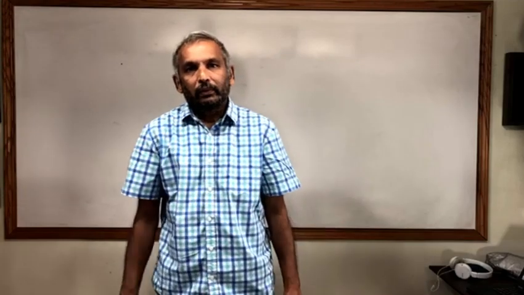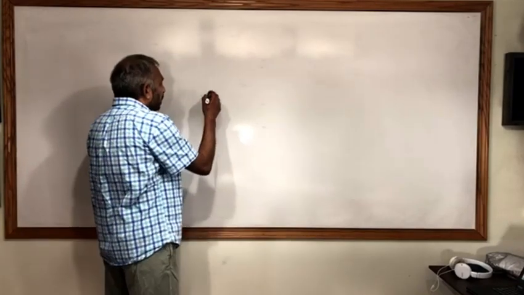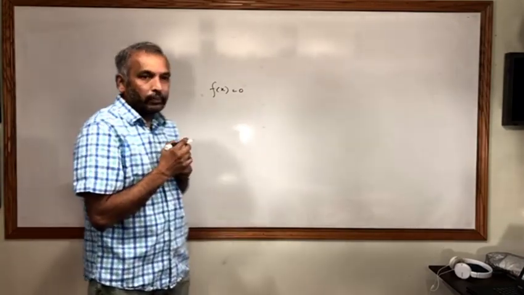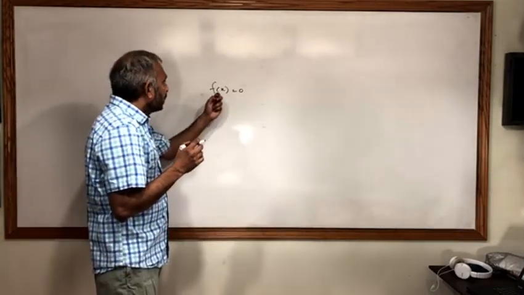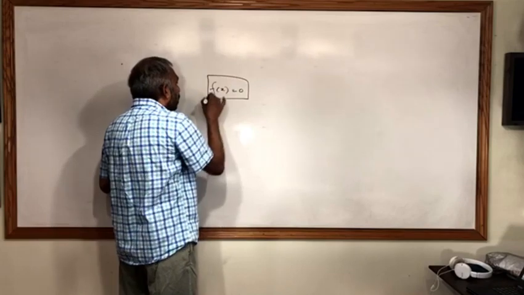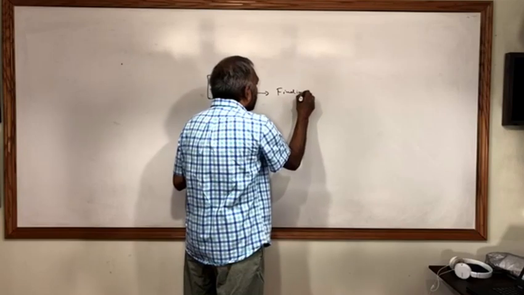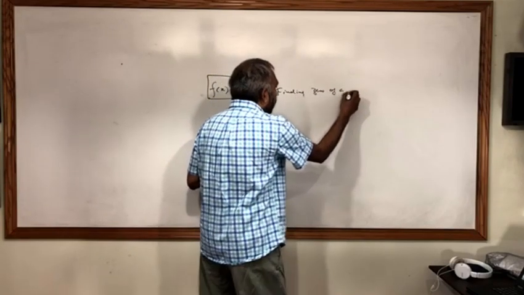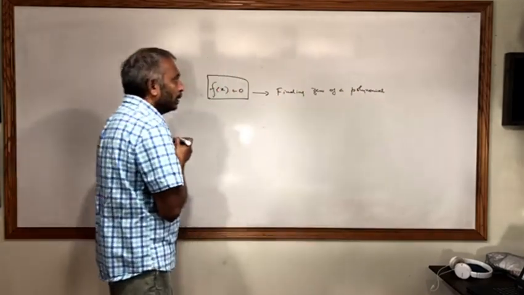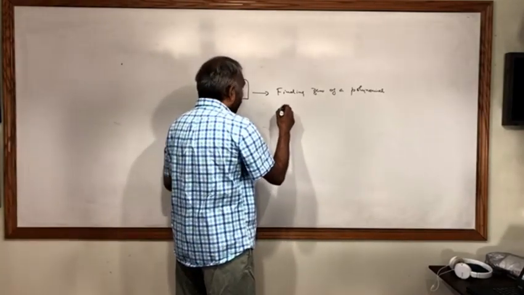Our main focus is on solving the polynomial equation. If f of x is a polynomial, find the value of x. And we changed the idea of solving this polynomial into finding 0 of a polynomial. And we did it using an evaluation homomorphism